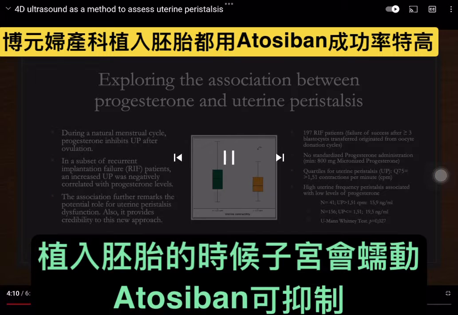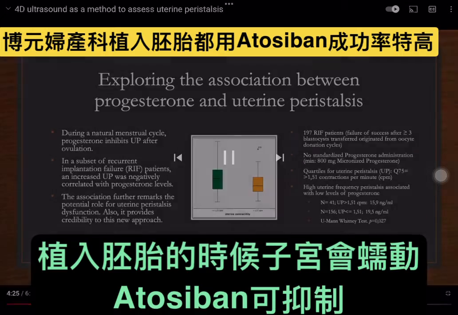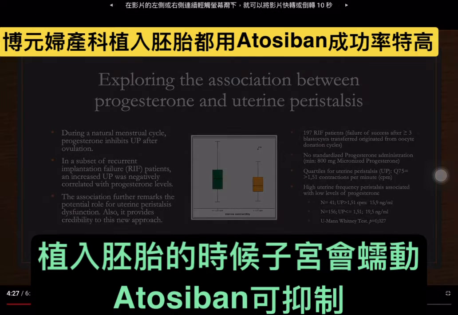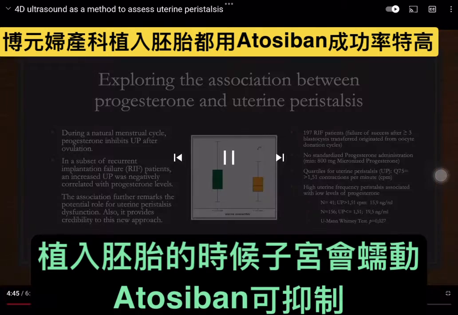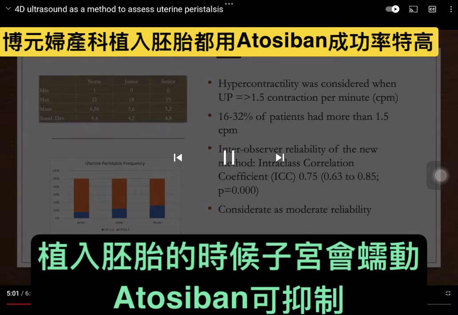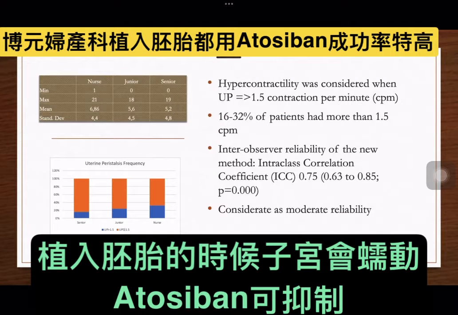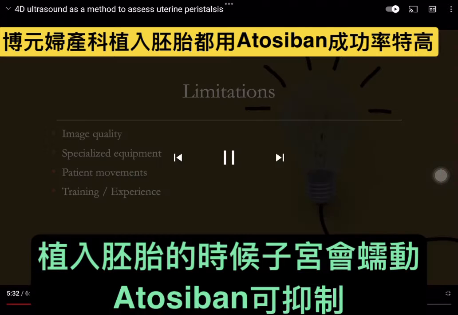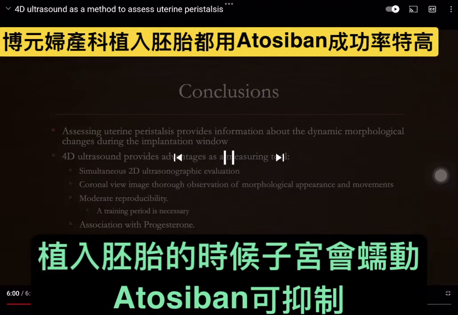Following our protocols, uterine peristalsis has been assessed interchangeably vaginally and subcutaneously in patients with more than 1.5 ultrasounds, by a senior doctor, a junior doctor, and a nurse. An intraclass correlation coefficient of 0.4D ultrasound machine, experience of the sonographer, patient reliability,